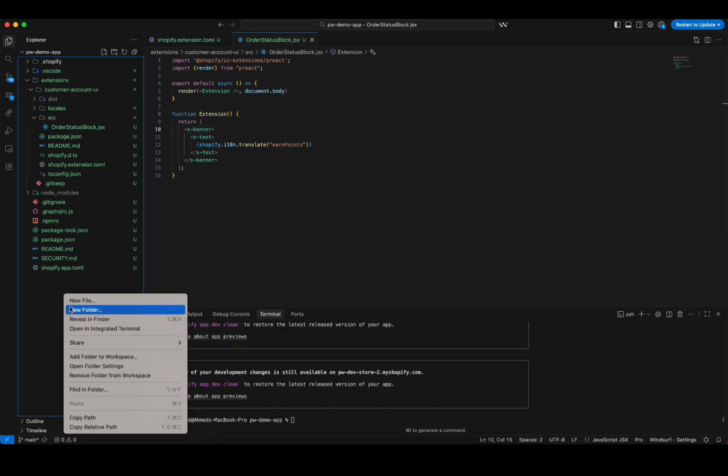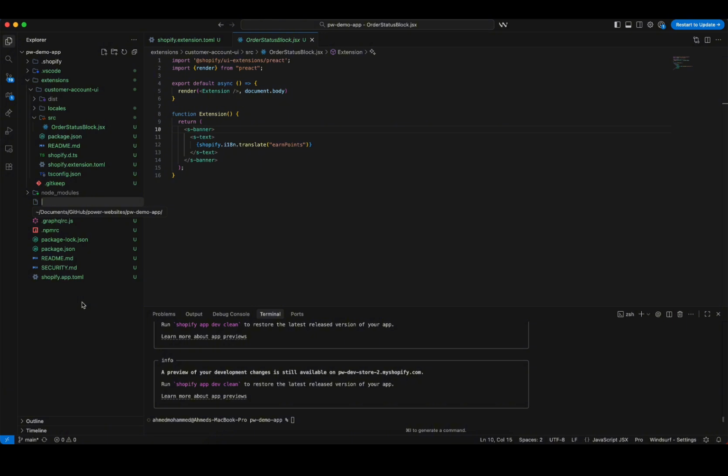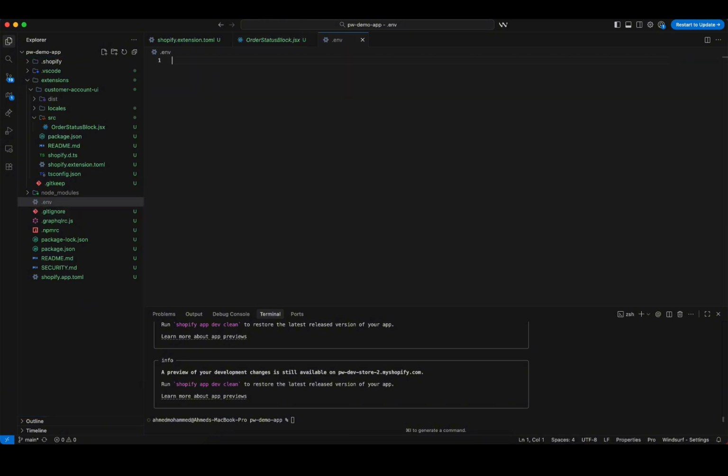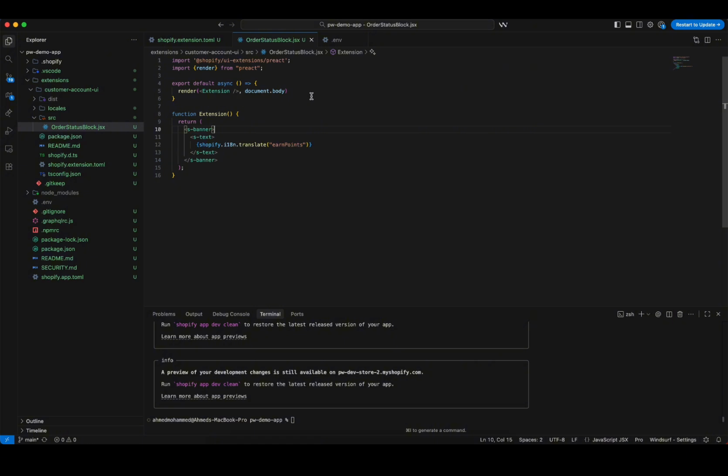What we want to do is create a new file. I'm going to call it .env. And then here we can just say SECRET_KEY, and then we'll just say this is a secret. Save that. We'll go back to our block. And then under here we can say